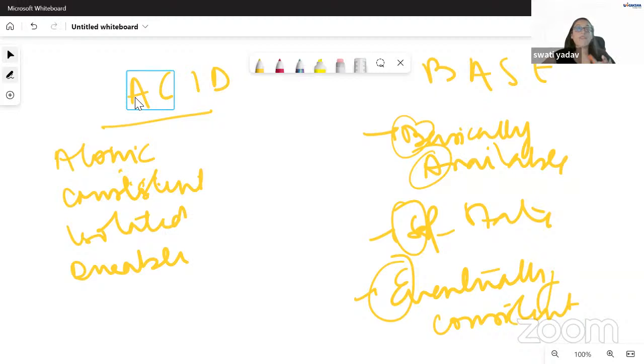For example, there is an employees table. There could be a simple ID for each employee, let's say the serial ID that we have. That could be the primary key, which is different for each row.